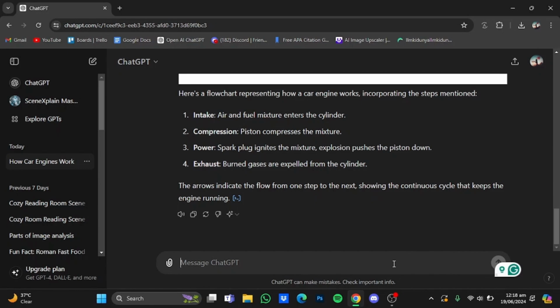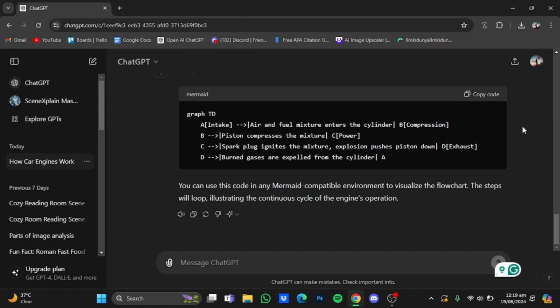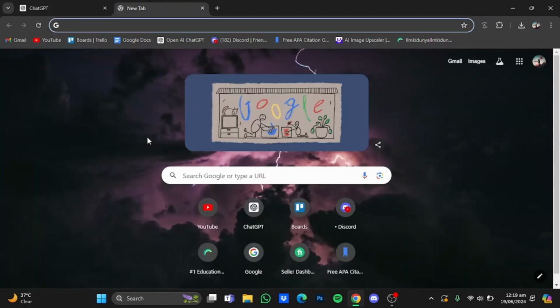Now the next thing that you have to do is you have to type in give me a mermaid code for this diagram. After that, hit enter again. So here ChatGPT has given me the code. Just copy that code, open up a new tab and type in the new tab